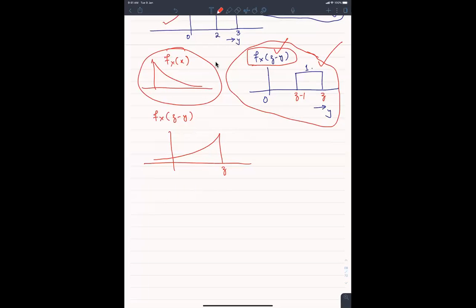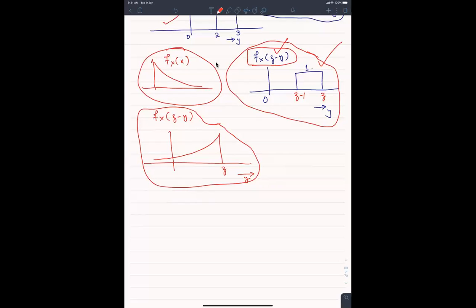ठीक है. एवरीवन इज ओके विद दैट? कोई क्वेश्चन है इसके बारे में? दिस इज fx of z minus y. So z minus y का मतलब, and the axis obviously is y. So आपने फ्लिप करना है x वाले को और उसके बाद उसको z यूनिट्स शिफ्ट कर दें, ठीक है।